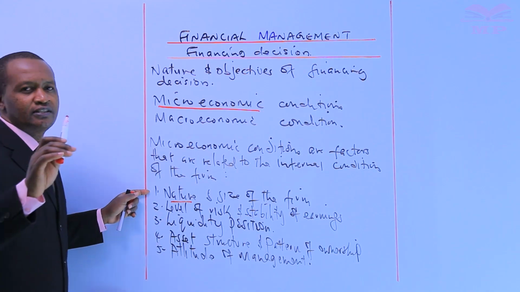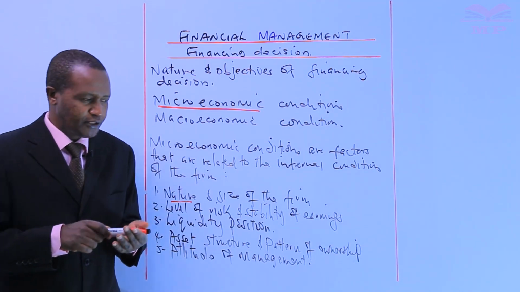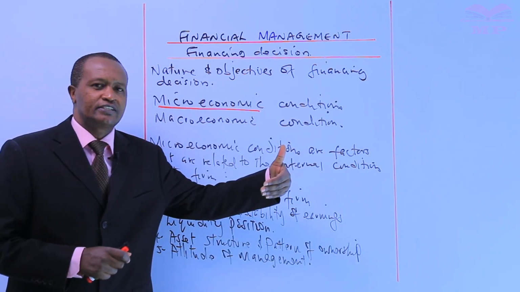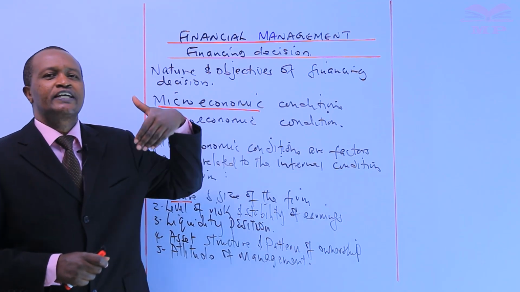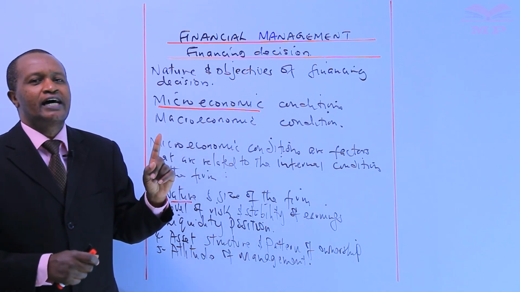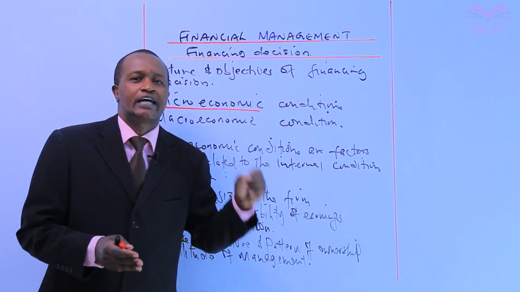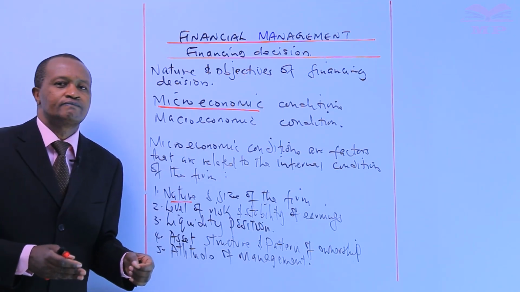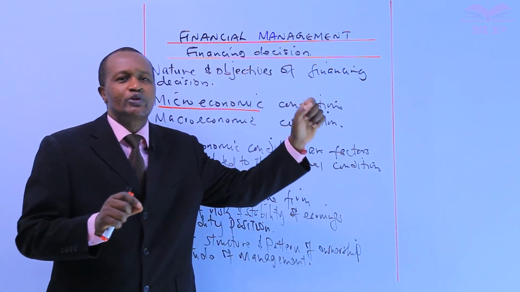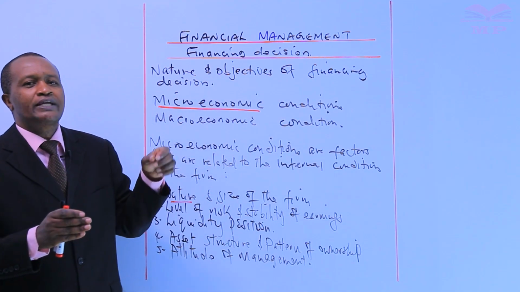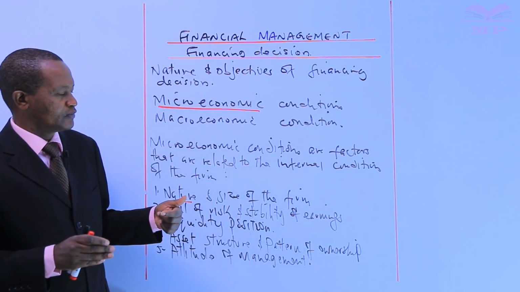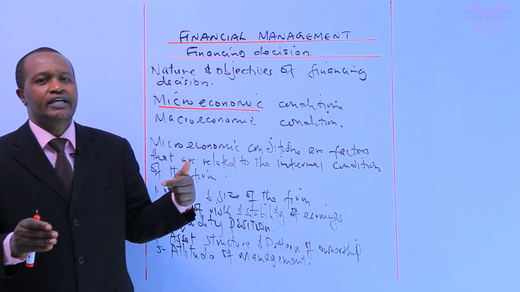Now, candidates, if a farm is engaged, for example, in manufacturing operations or in the provision of public utility services, its investment in fixed assets is large, and hence the capital structure has a large share of long-term capital. And the share of long-term capital in the capital structure will also be large in farms that produce capital goods.